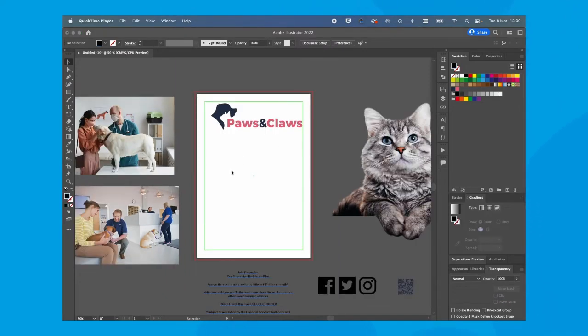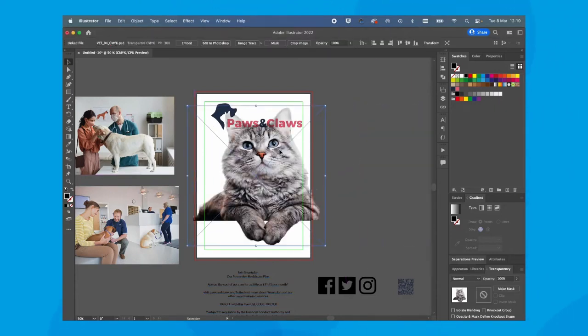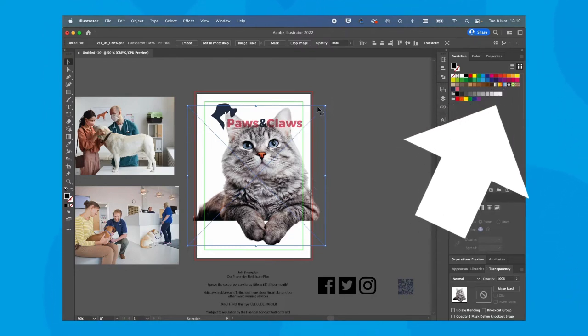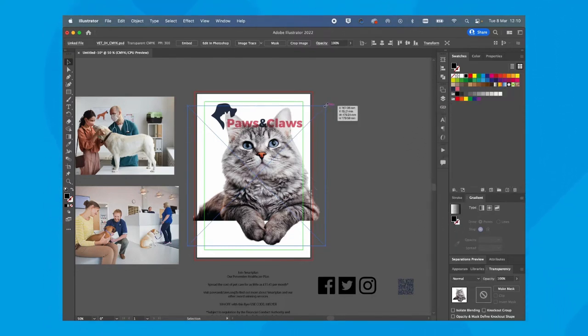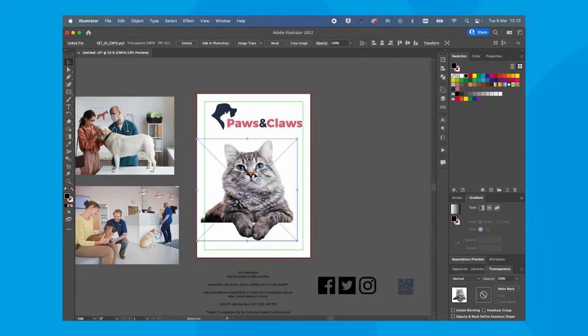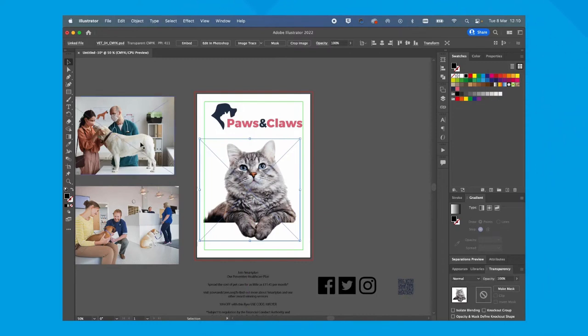Next up, I'm going to just start placing the elements into the flyer. So I'm going to get the cat, as that's going to be the main image. And by the way, I've created this transparent background for the cat using layer masks in Photoshop, and we've got a tutorial for that, which I will link to here and below. So I'm just going to grab this with my cursor, grab the corner here and press shift so it scales proportionately. I'm just going to place that around there,